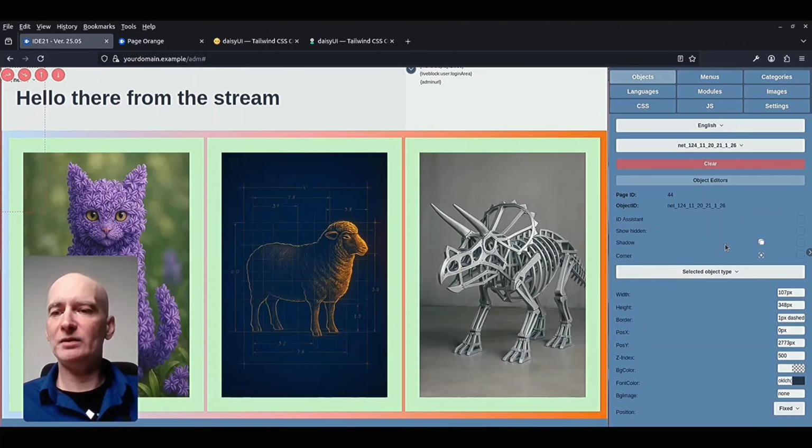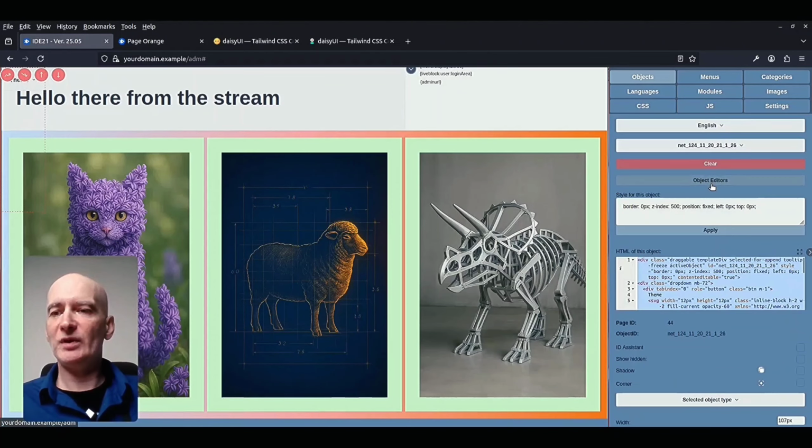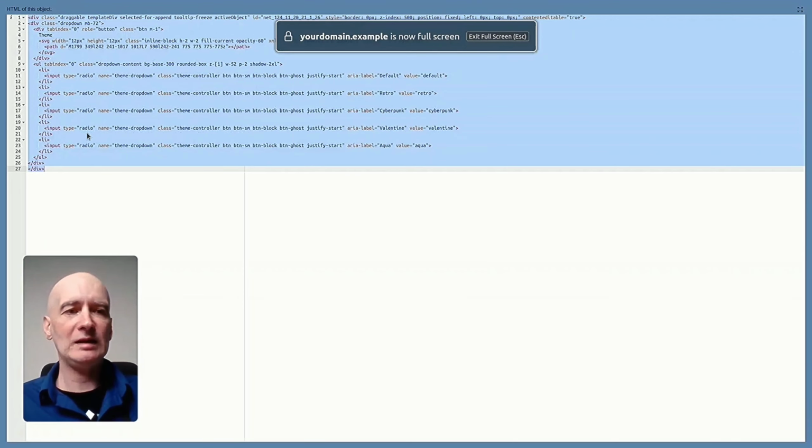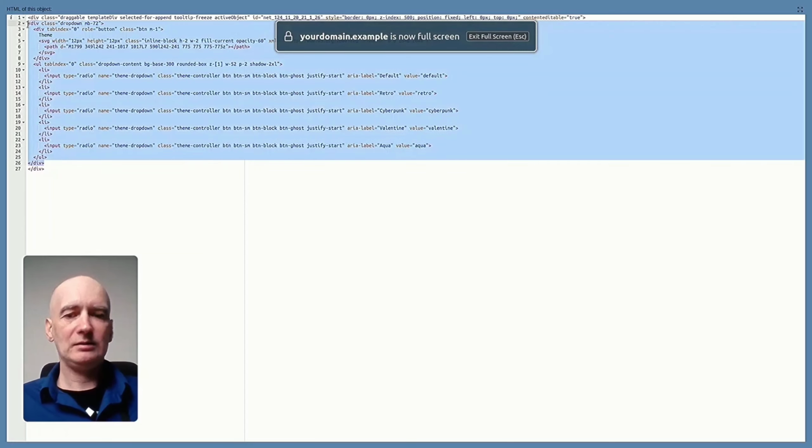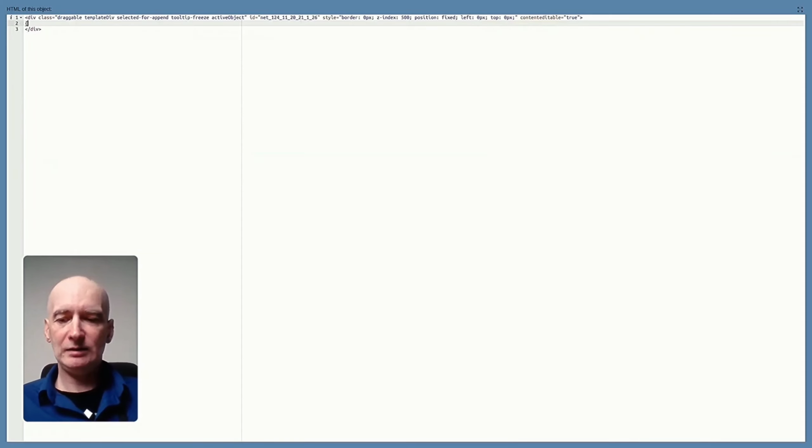Now you have also HTML for each object available in this side panel, and I will write Daisy UI column themes.